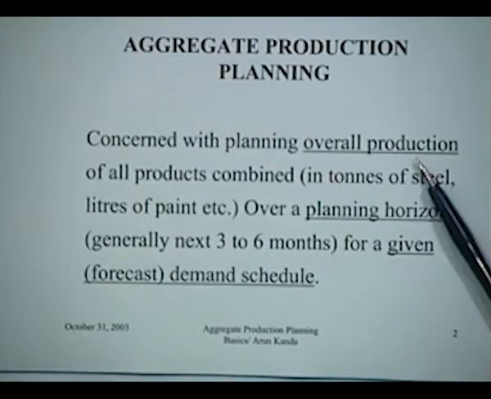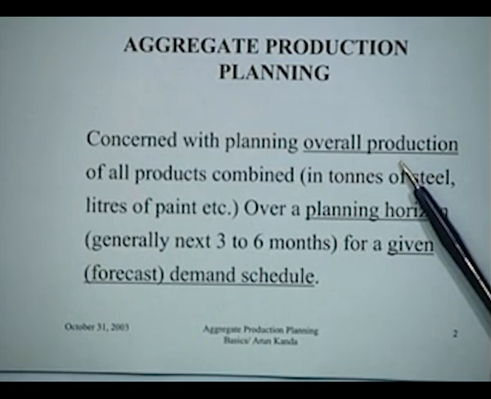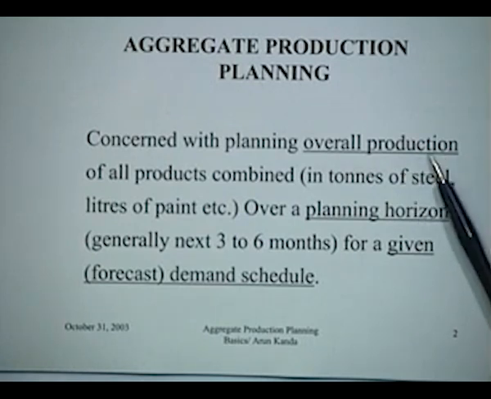I think a word about why we call it aggregate production planning, and how is aggregate production planning different from production planning within the context of a factory. You see, for a planning horizon for the next 6 months or 1 year, the company is basically interested in knowing how the overall performance of the company shall be as the demand keeps on fluctuating.